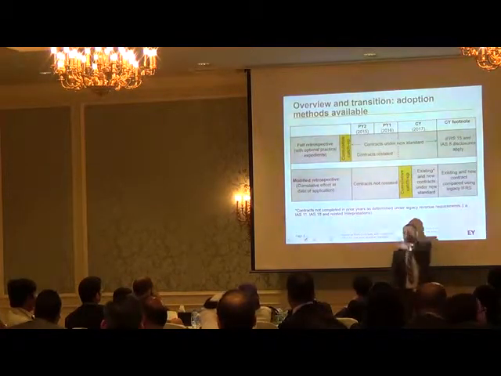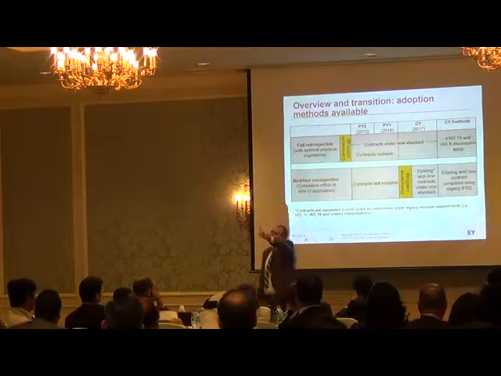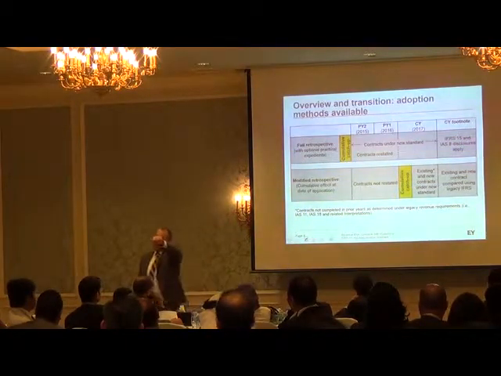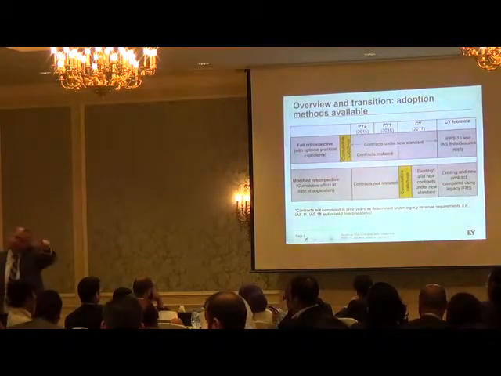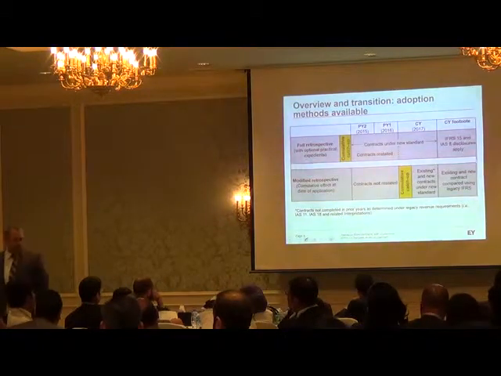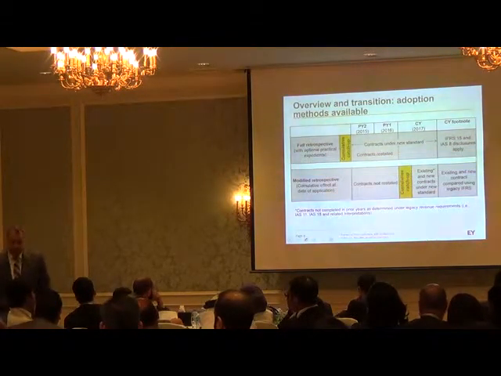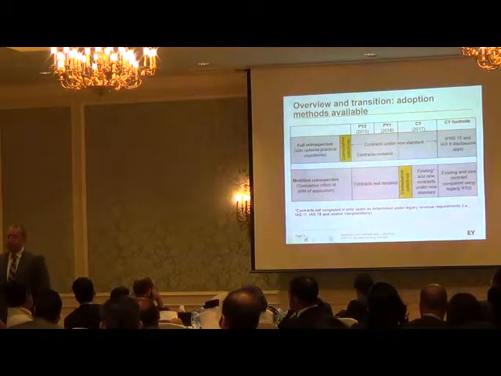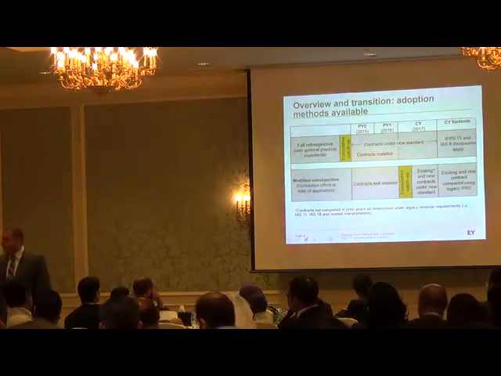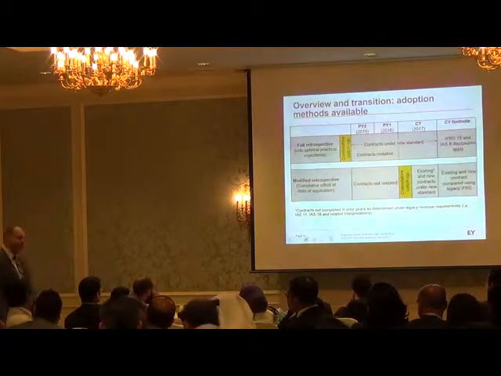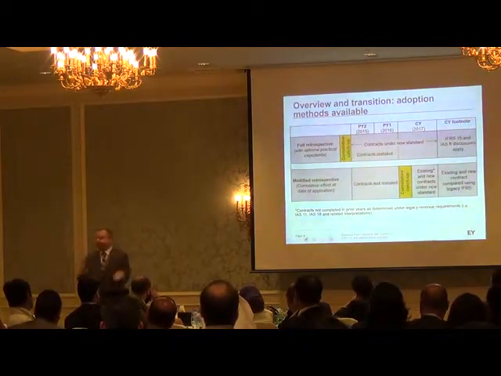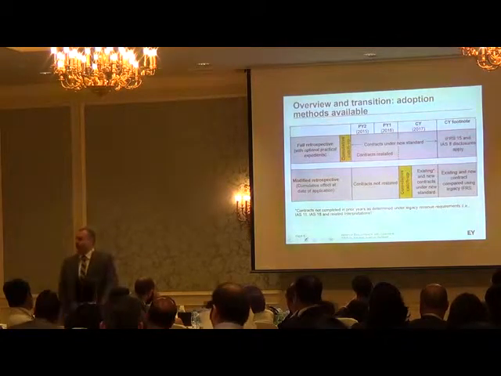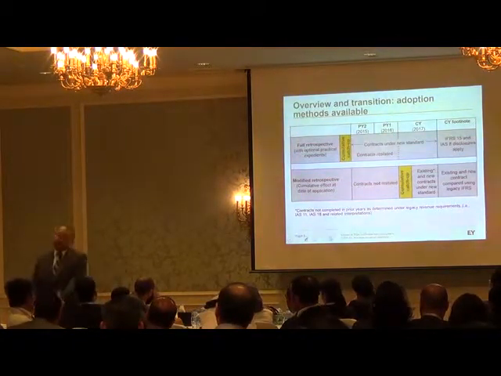We have to do two sets of notes. We have to show how the numbers would be under the current rules and how much the numbers would be under the new rules. So actually we have to make two sets of notes, two sets of numbers, two sets of everything. Well, you can decide which one is easier for you guys. If you want to do two notes, or if you want to do two periods but not two notes. Actually, most of our clients decided that they will do the full retrospective because even if they don't do the full retrospective, they still have to do the restatement at the end of the day.